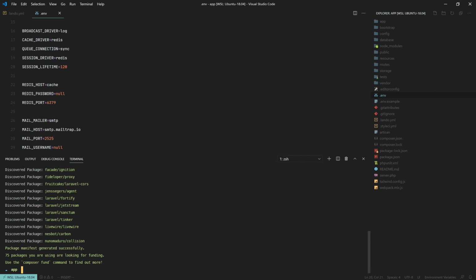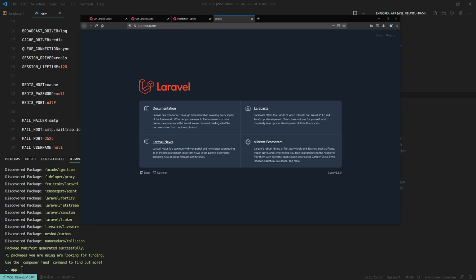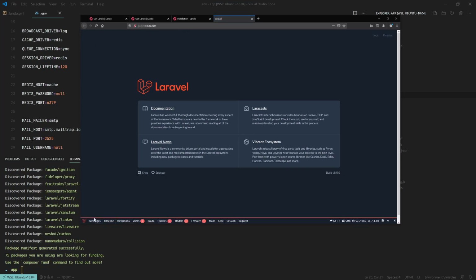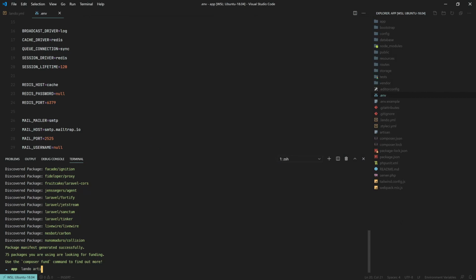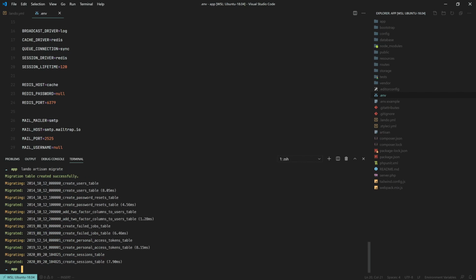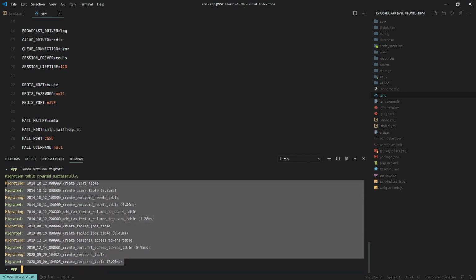So installation is complete. If we go into our application and refresh now, we can see the debug bar here as well. So you can just type lando artisan migrate, and you can migrate all these migrations.